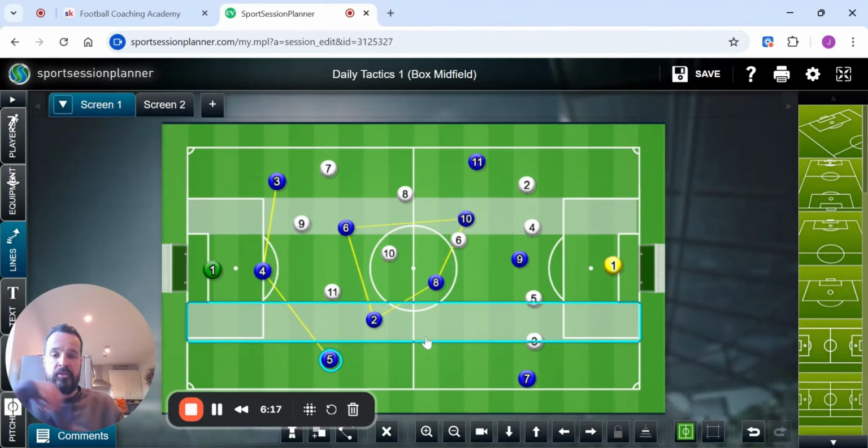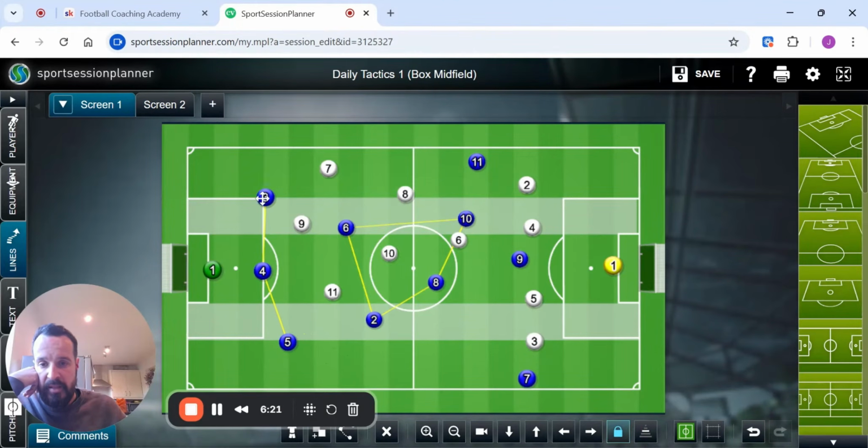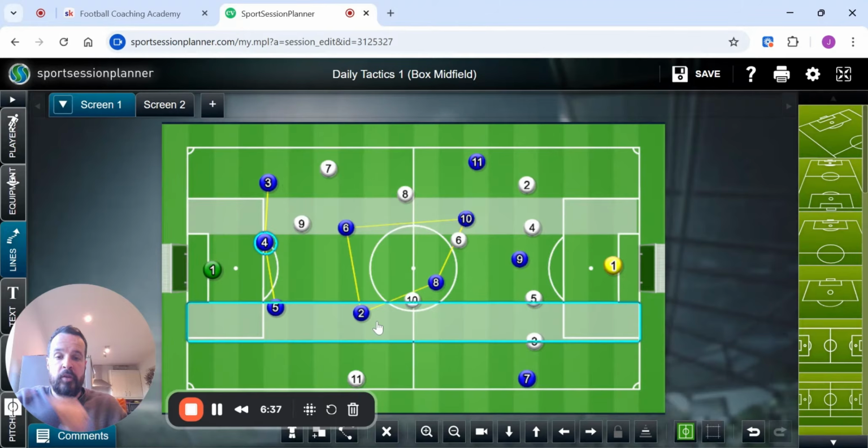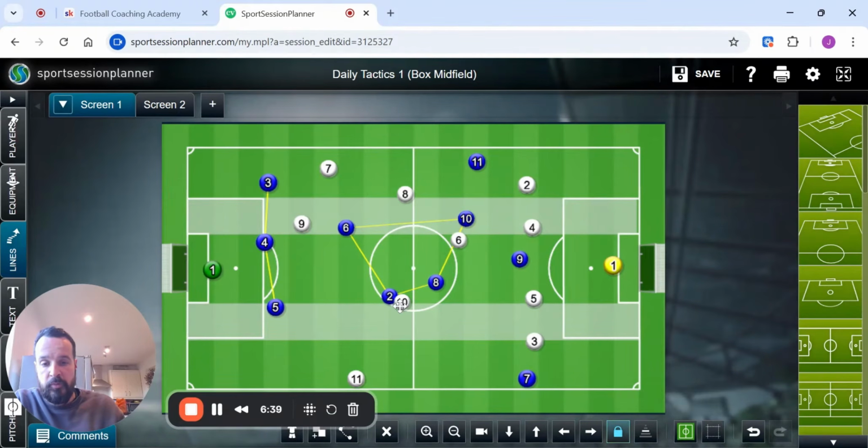The considerations for this are that because we've inverted a fullback here, there's a danger in transition, okay? So if we were to lose the ball, the obvious danger comes if we've been shifted a bit and we've lost the ball. If the 10 took the ball from the 2 here, say, the 2 is in real trouble, because they've still got a job out of possession to come and cover back in this area,